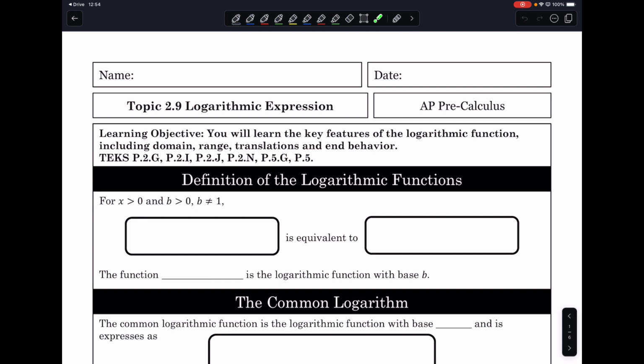Well, for values of x greater than 0, so positive numbers, and b, a base that's greater than 0 but not equal to 1, the equation